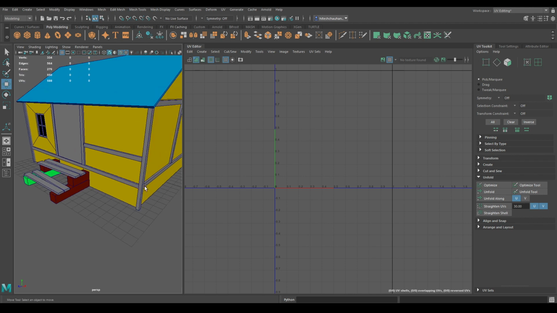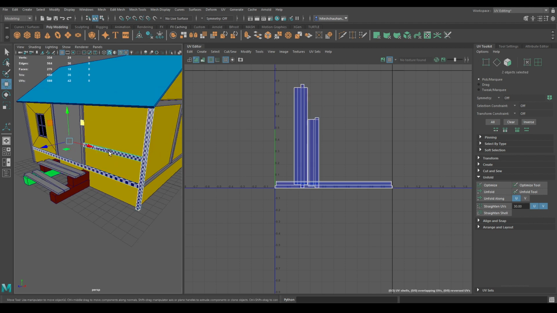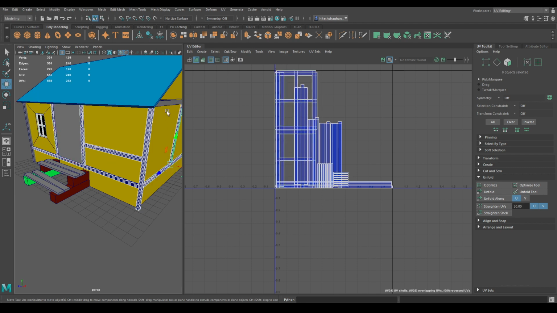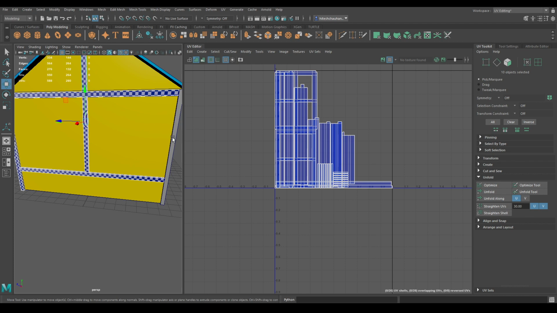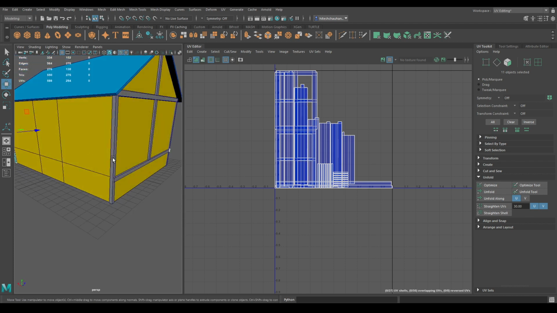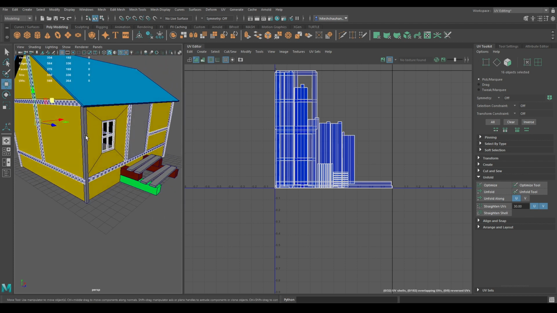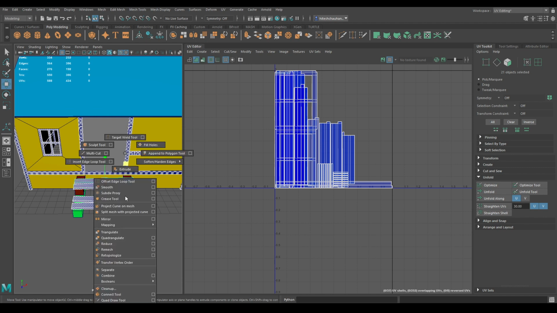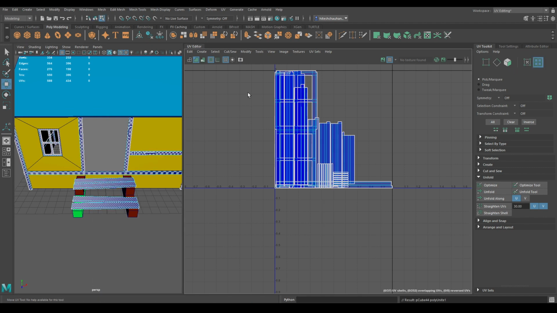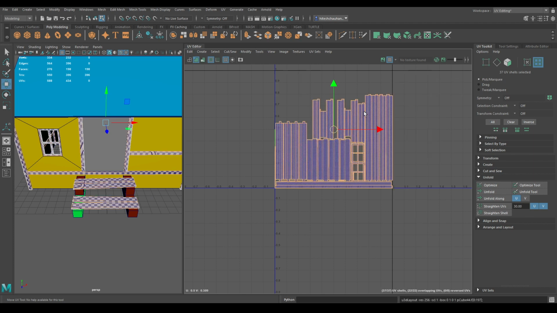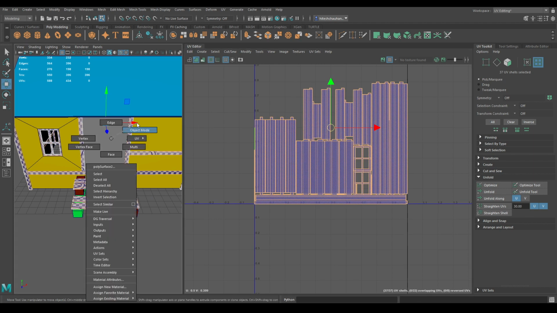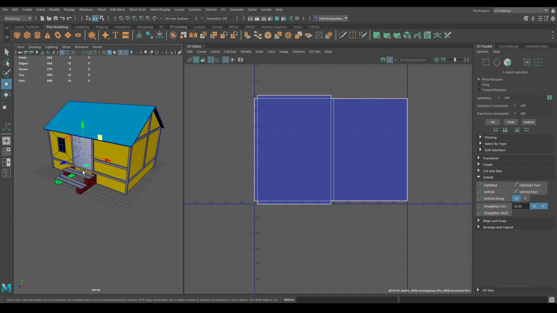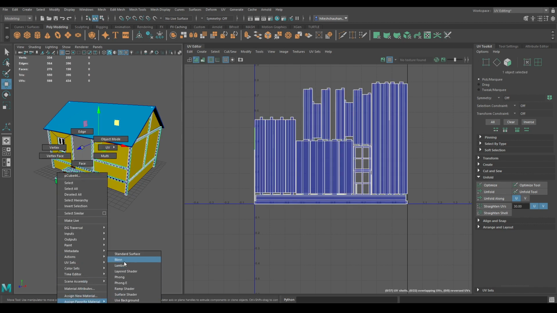So now let's select all the woods first and combine. Now select all of them and layout. And assign a new material.